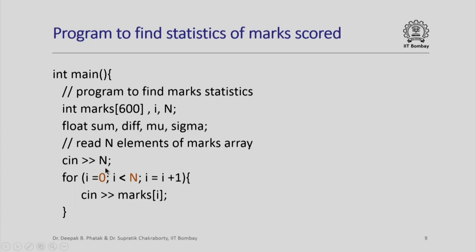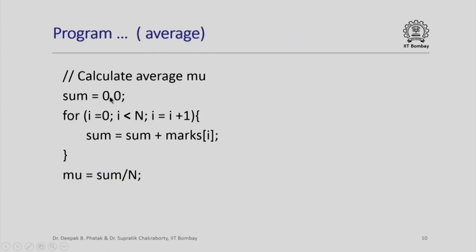So we read the value of n. Notice once again the for iteration control i equal to 0 to i less than n. This iteration will read all the n marks. We now calculate mu. So we start with sum equal to 0, again iterate over all the elements of the marks array, keep adding every element to sum, and finally when we finish the loop we divide sum by n